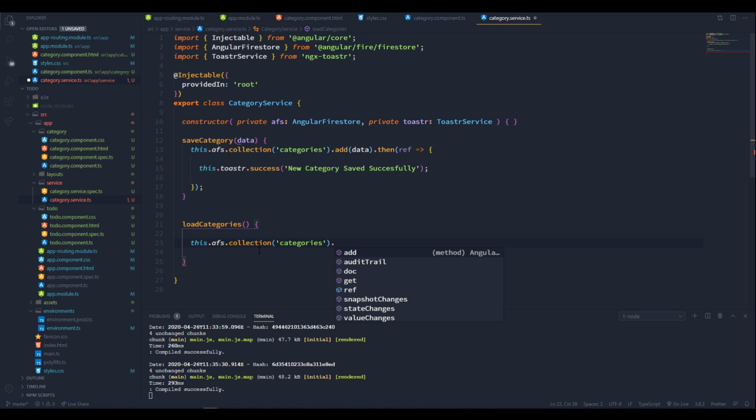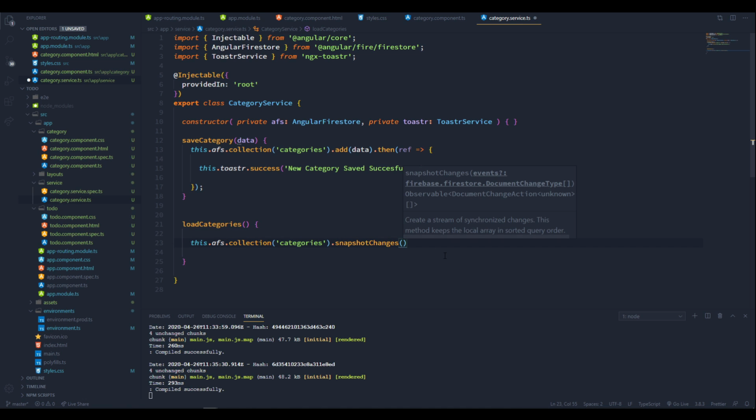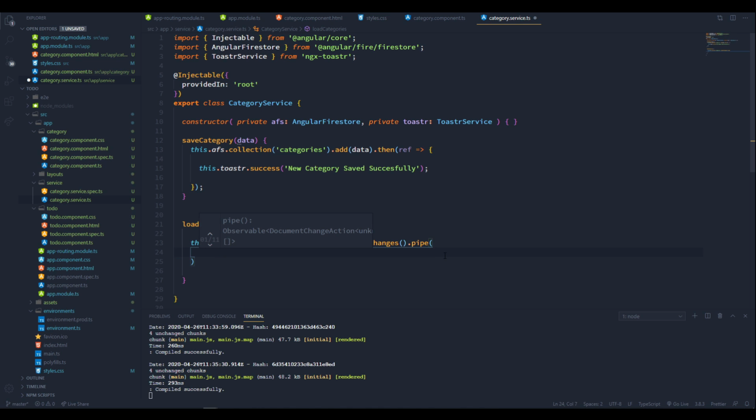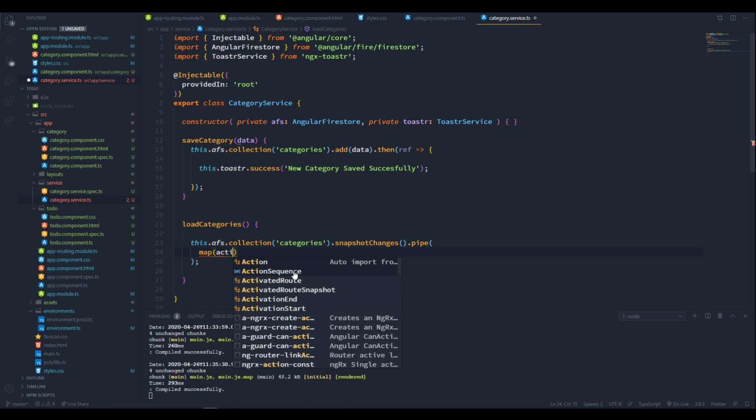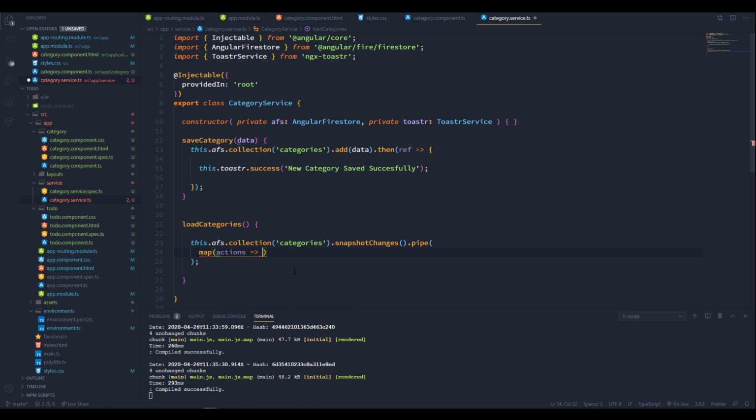After this, snapshotChanges, this C must be capital, and brackets. After this, pipe and again brackets. Inside these brackets, map. So type this, map, again brackets, inside these brackets, actions, then arrow function, curly brackets, inside this arrow function,